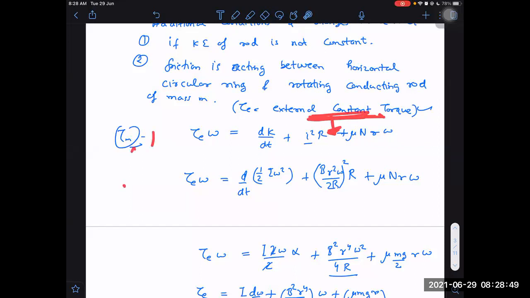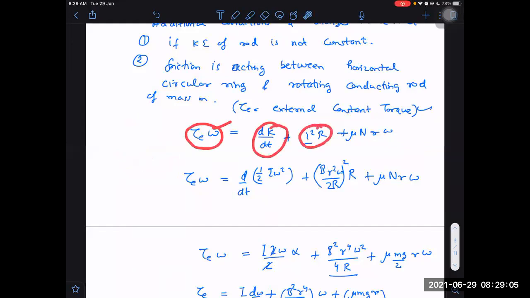So if I take the total power supplied by the magnetic field along the rod and perpendicular to the rod, then that net will always be 0. And because we already know it is 0, why should we waste time in writing it? We can just simply say that the power supplied is equal to the rate of change of kinetic energy plus I square R and plus this. We can say that directly like that only. Is it okay?